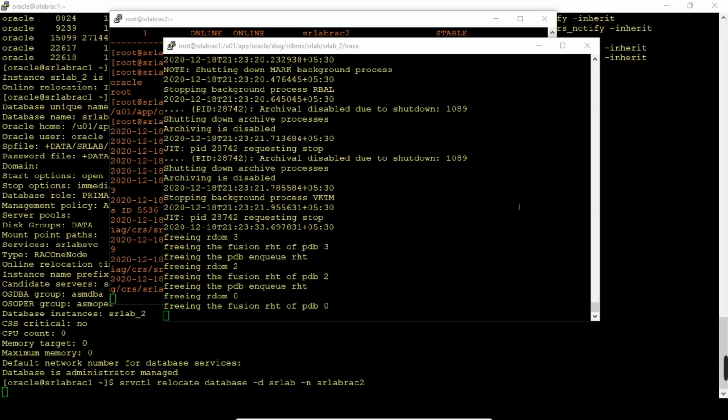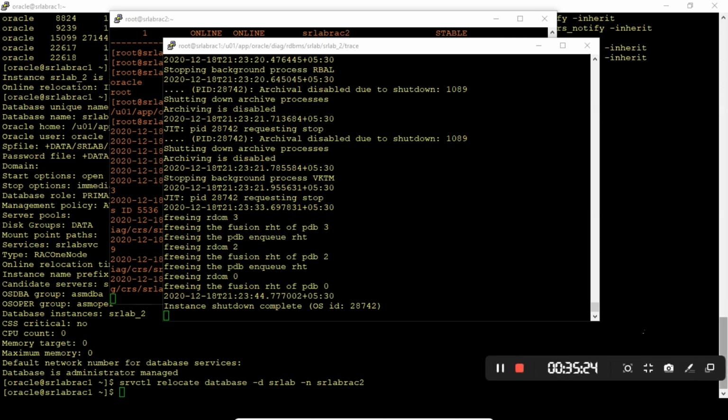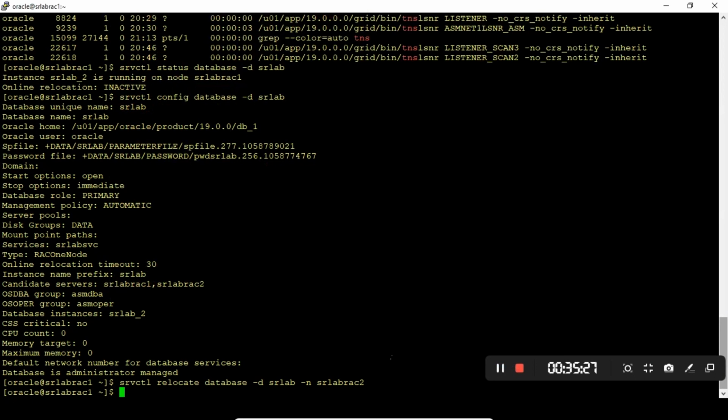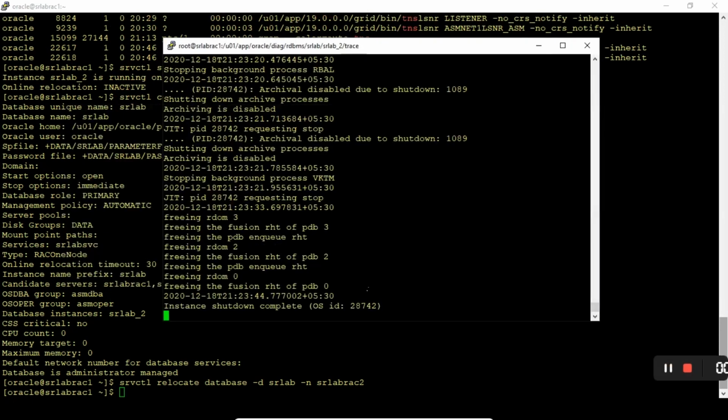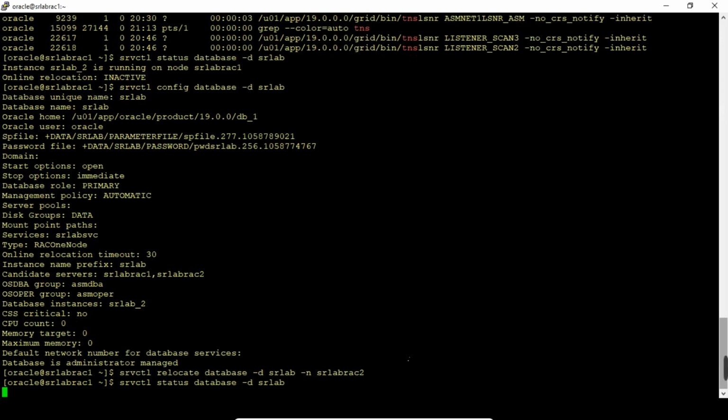The instance, earlier SRLab 2, was running on node 1. Now the instance name got changed for the manual switchover. The instance name is SRLab rack 1 and the node is SRLab rack 2. Successfully we have relocated the services back to rack node 2. Now you can check.